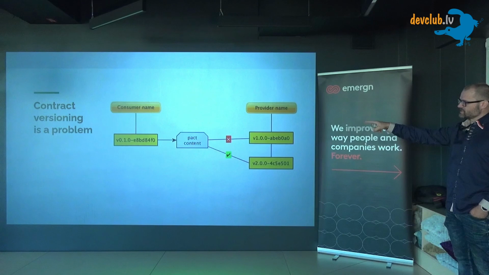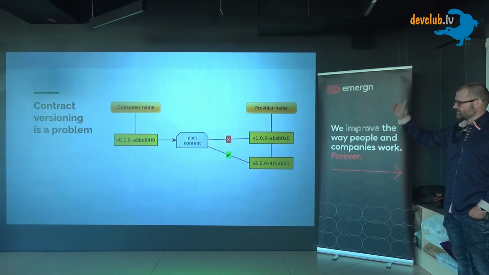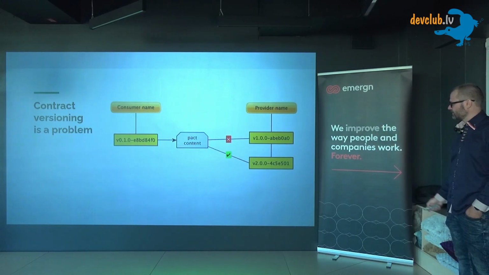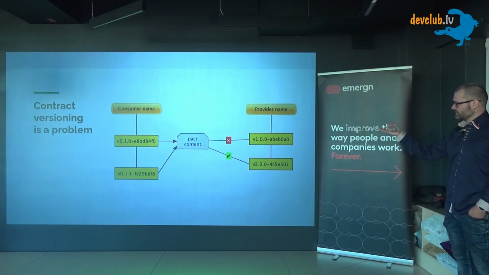So the consumer creates consumer tests and creates its first contract. The contract actually will not verify against the latest provider version, because the provider has not yet implemented the functionality that will validate the contract. So we implement a new version for the provider that can implement the current contract. We deploy the version, and then we can deploy the consumer as well.